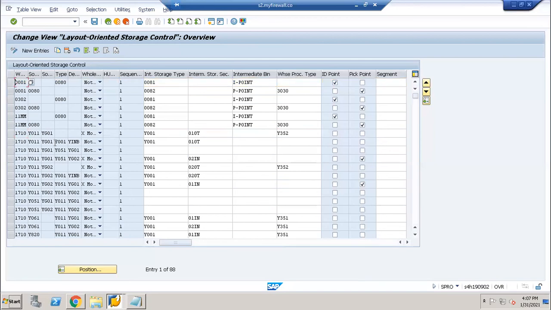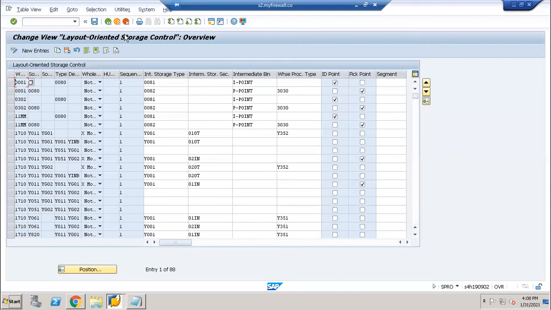So this is the LOSC process, layout oriented storage control, in a nutshell. It is used where we have the problem of making goods movements from the ground floor to the second floor at a higher height.